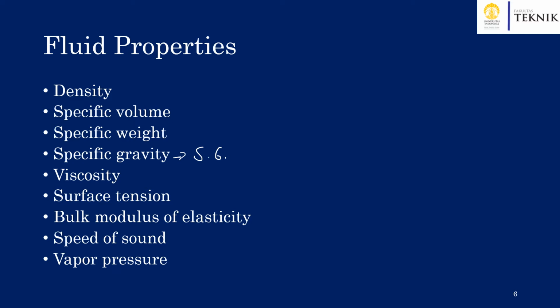Normally, the temperature used as a reference for specific gravity is 4 degrees, where the density of water is around 1000 kilogram per cubic meter. Therefore, mathematically, SG is equal to the density of any fluid divided by the density of water